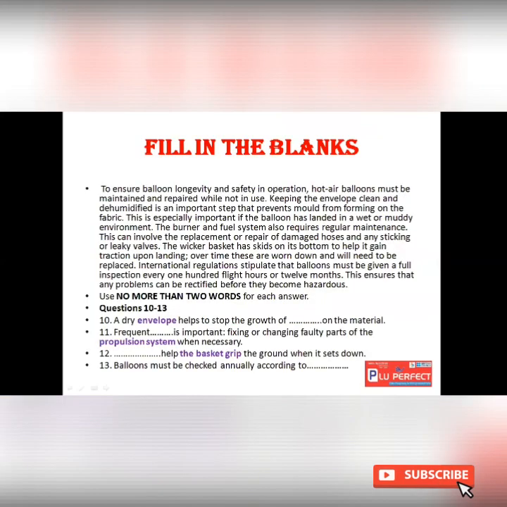So before we start solving the fill in the blanks, we need to keep certain things in mind, students. First of all, always remember that the answers of fill in the blanks are arranged most likely in order. When I say most likely, I mean 99.9% cases, the answers are arranged in order, which means one after the other. Okay, so keep this thing in mind when you're solving fill in the blanks.